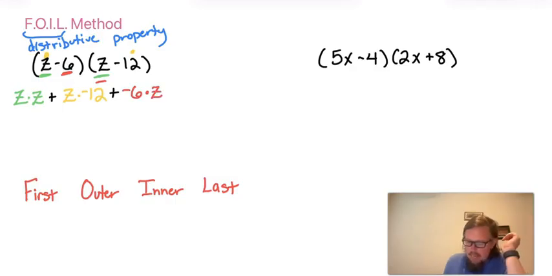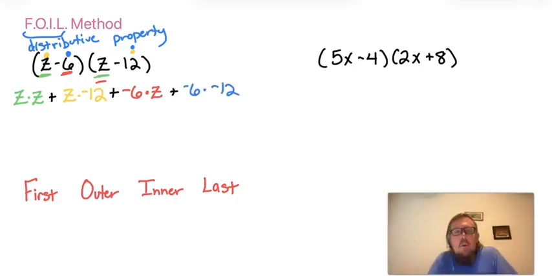And then L is last in each set of parentheses, which terms are last, and it's the negative 6 and then negative 12. So you would add negative 6 times negative 12, which is the exact same order you would do this in if you were doing the distributive property. You would distribute negative 6 times z and then negative 6 times negative 12. It's exactly the distributive property, but there's this cutesy little acronym so you can remember the order to do the distributive property, I guess. So z times z is z squared